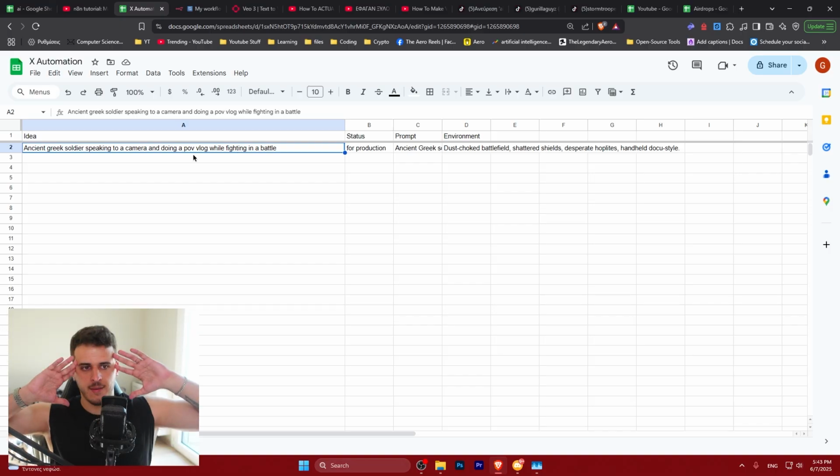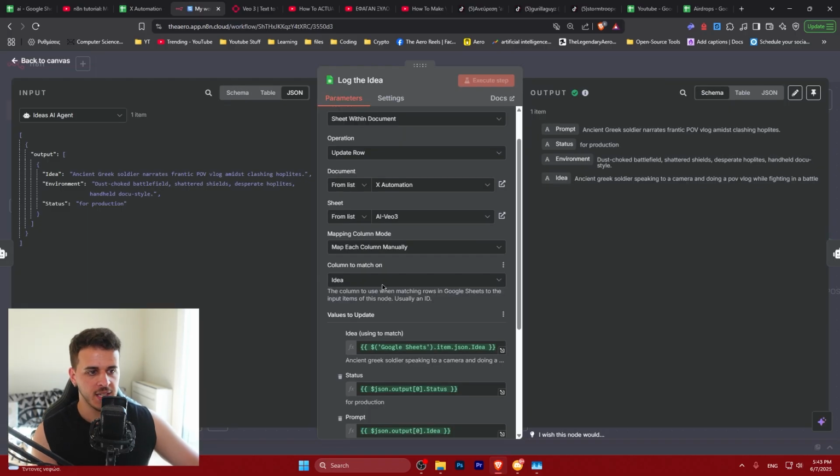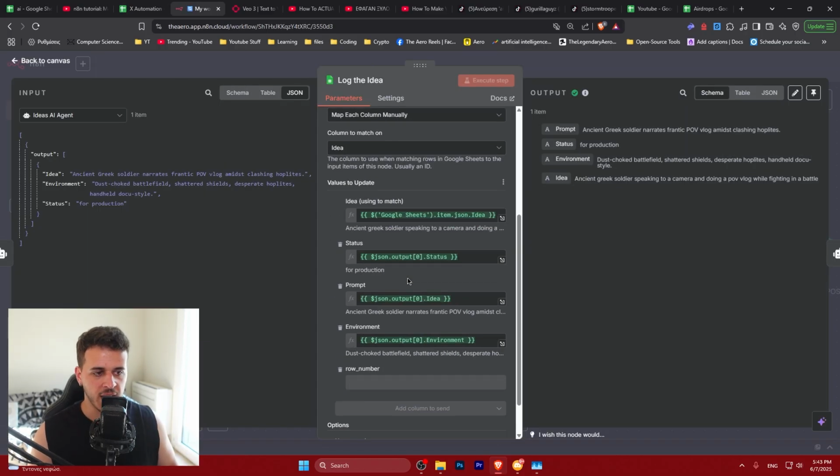I know this becomes complicated for no reason at all, but essentially the idea here is our initial prompt and our identification. So it identifies the row by the idea. What I would suggest, create a sheet, copy and paste everything here, idea, status, prompt, environment, and just use a workflow. Like, let's not overcomplicate everything. And yeah, it matches the idea, which is the column to match. This is like the ID and the initial prompt,